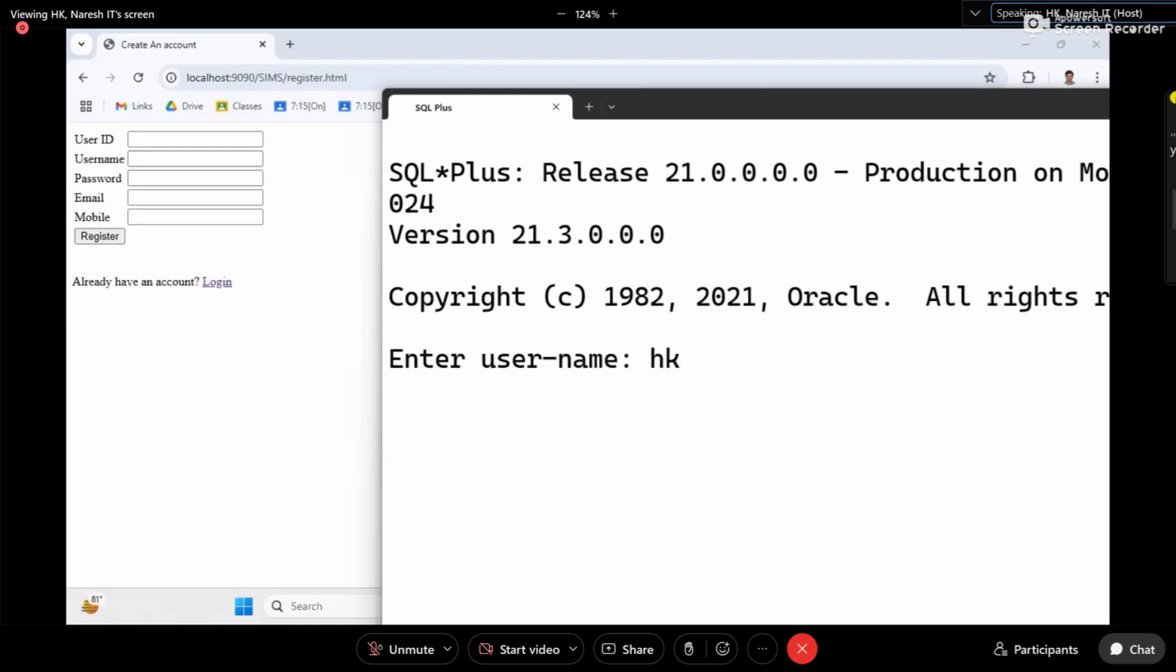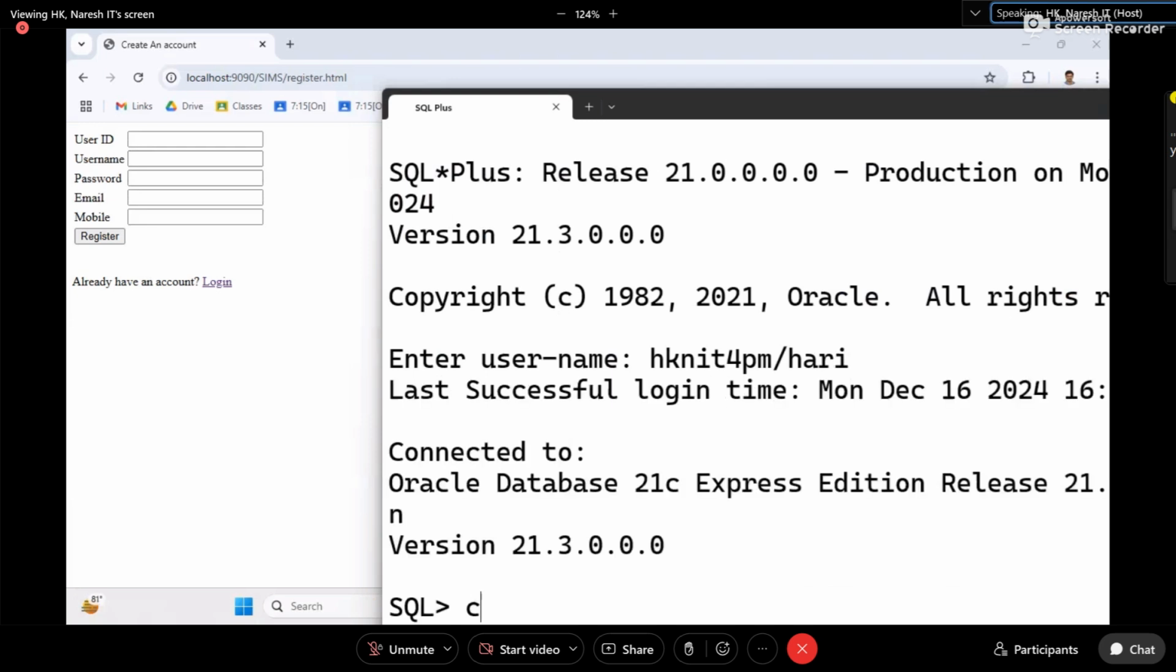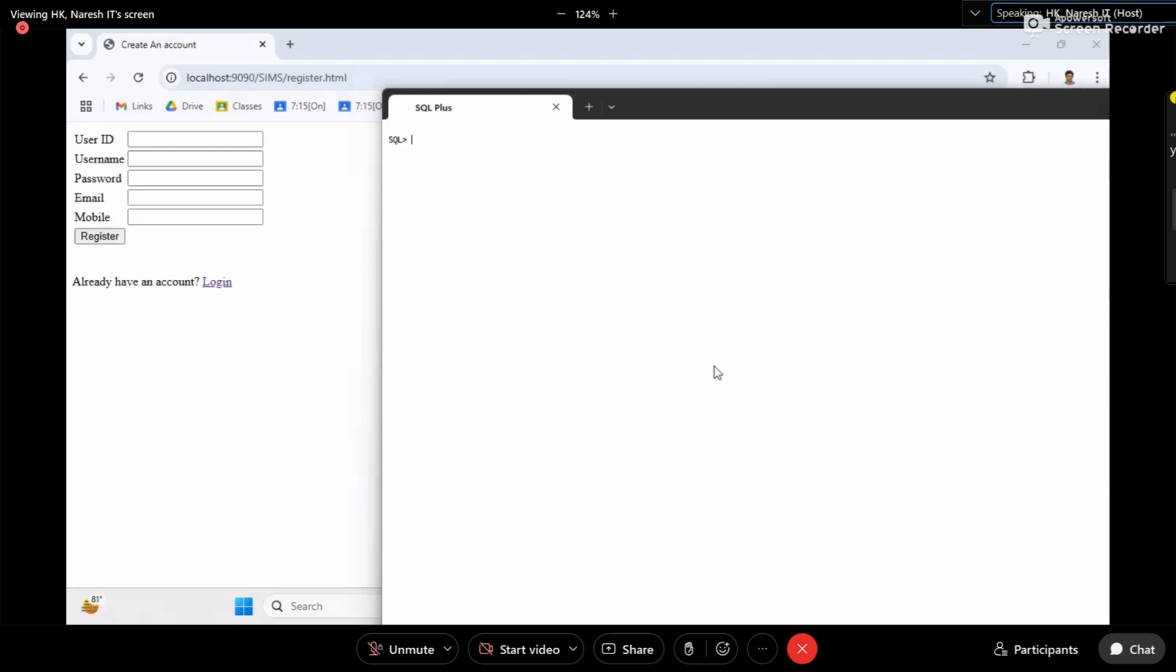Set page size 200. Set line size 200. Select star from user_account;